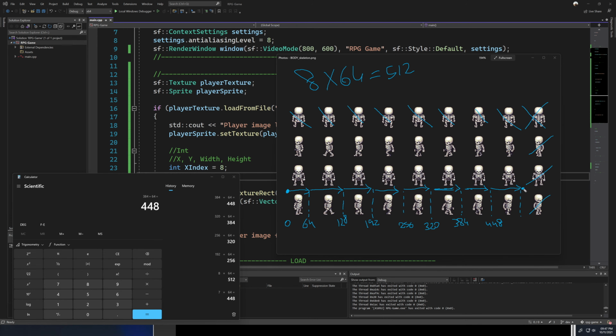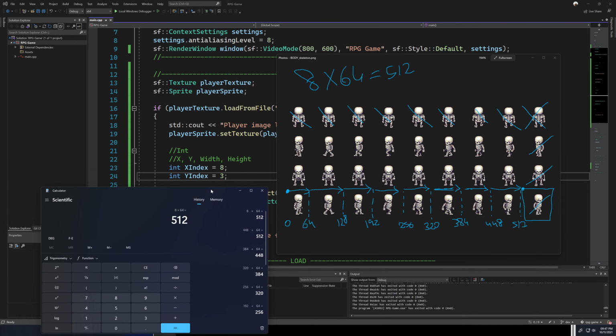This is where we want our rectangle to be, the position of it, because we want it to have the width and height of 64, right? So this is the point we want. Okay. So what is this now? The point is 512. Right, so this location is 512. And we did 8 times: 0, 1, 2, 3, 4, 5, 6, 7, 8. 8 by 64 is 512. And that's how that math worked.